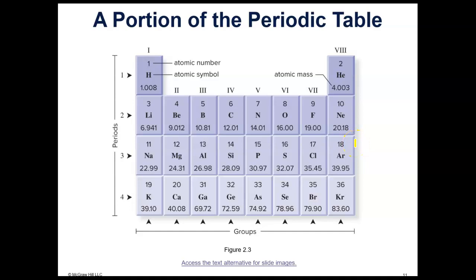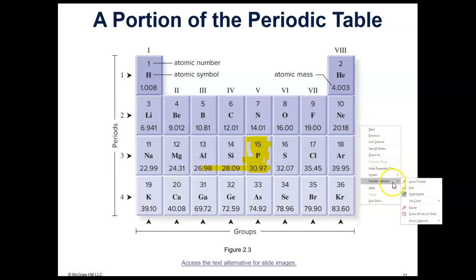While we're here, we'll just do one example. Let's just do phosphorus, okay? Forget that I highlighted silicon and aluminum. We're just looking at phosphorus right now, okay? So when we look at phosphorus, we see that the mass number is, round that 30.97 to 31, and the atomic number is 15. So if we want to find the number of